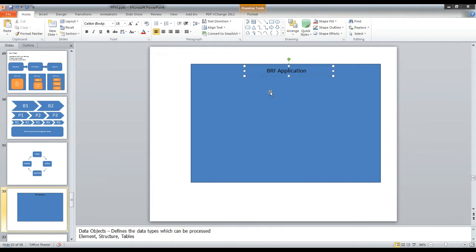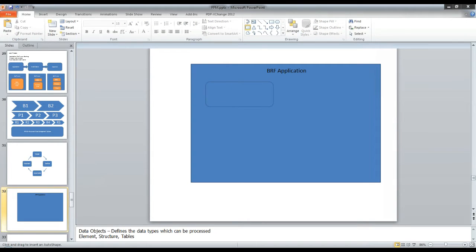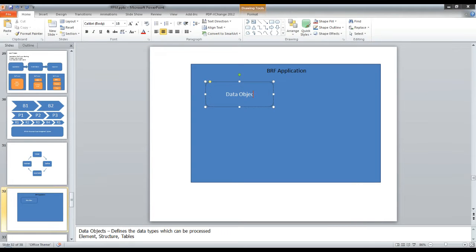Whenever you want to define business rules, you need to define a lot of other entities, something called data objects. These are nothing but your variables. You will store the intermediate values in these variables. You will pass the values and receive the values between functions and rule sets, all that is data objects, variables. Then we have something called functions. Functions are nothing but the entry point of BRF from SAP. You can define multiple data objects, multiple functions.